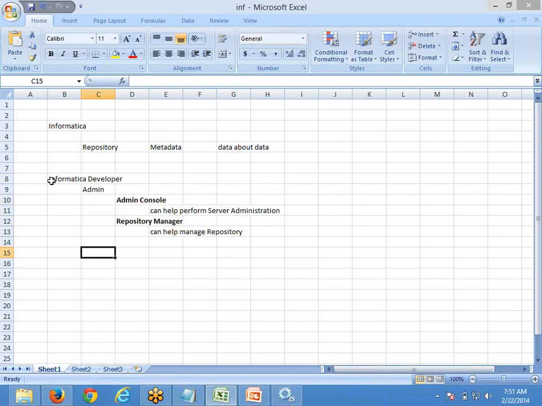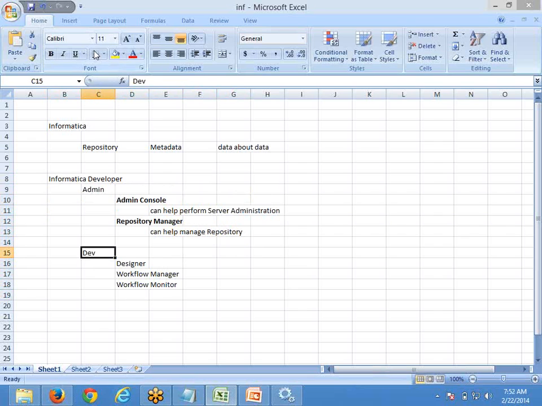And what are the actual ones for developers? Designer, and the others.